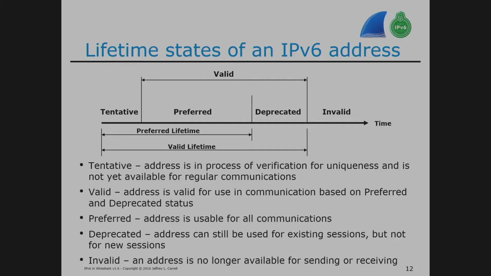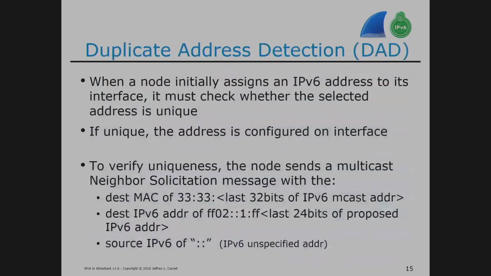Well, the problem with that tentative state is this was what's happening in tentative state, the duplicate address detection. And basically, I'll say it as ARPing for myself, it's the same concept, right? I'm sending out a multicast on-link message to myself to see if I reply. If I don't reply, I can keep that address. That's the tentative state. So they augmented the standard to say, tentative state lasts for like that long. Do your DAD, but you can also use that address right off the gate. Now, if DAD fails, you got to back off and try again. But that means now you might have started something. It might mean you actually stepped on somebody else.